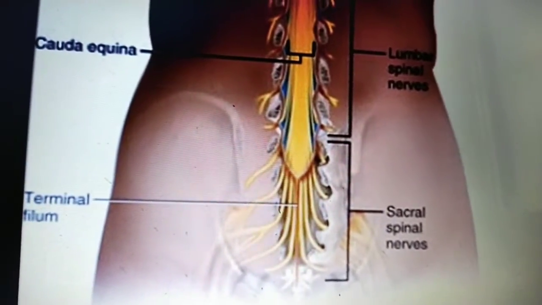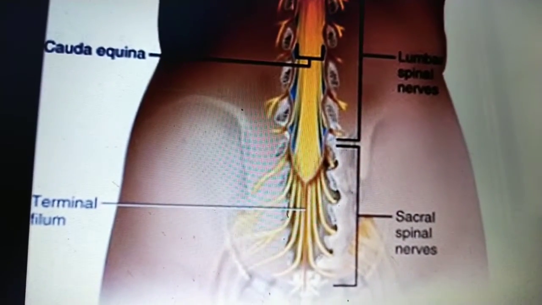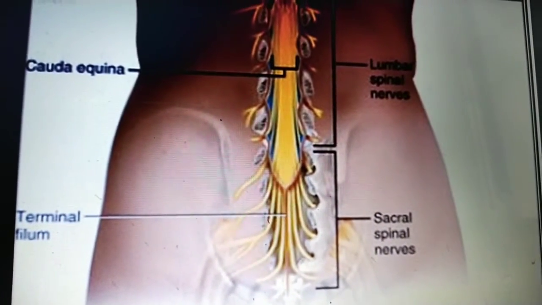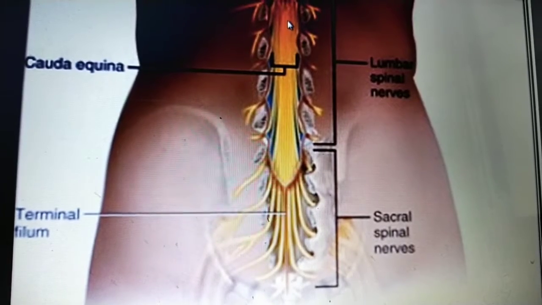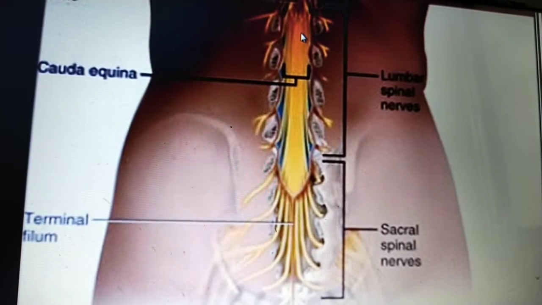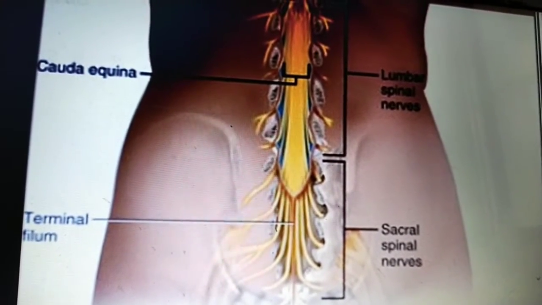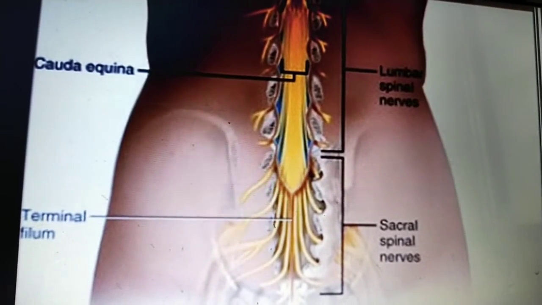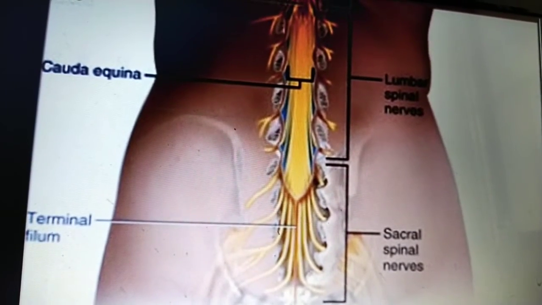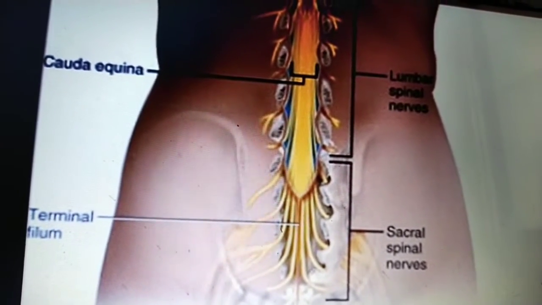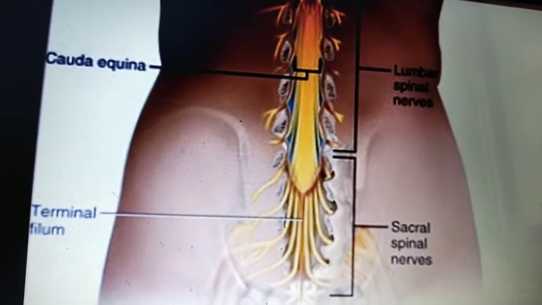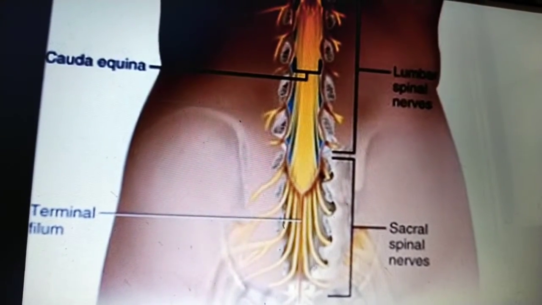And this is the cauda equina. It is at the base of the spinal column, near the first lumbar vertebra or the second lumbar vertebra. It starts at the level of L1 or L2. Here it is a collection of nerves, and that collection of nerves is called the cauda equina. They look like a horse tail-like structure, and just above the cauda equina the spinal cord ends and it continues as this collection of spinal nerves through the vertebral canal.